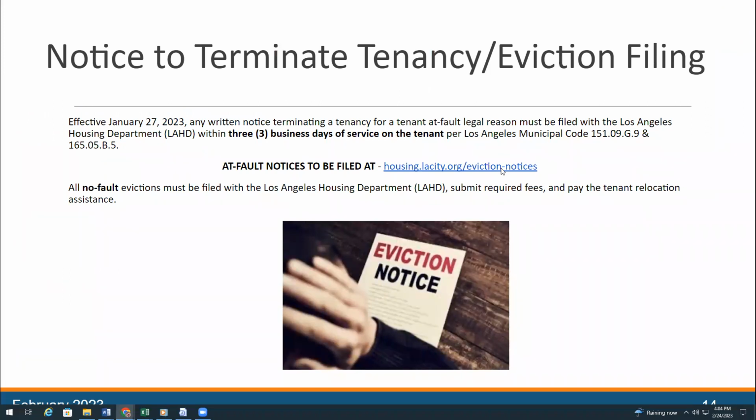Another big change is the notice to terminate tenancy eviction filing requirement. So effective January 27th, 2023, I stress, any written notice of termination of tenancy for an at fault reason has to be filed with the Los Angeles Housing Department, and it needs to be done within 3 days of service on the tenant. Now, the screen is highlighting where you could file these at fault notices. It's underlined